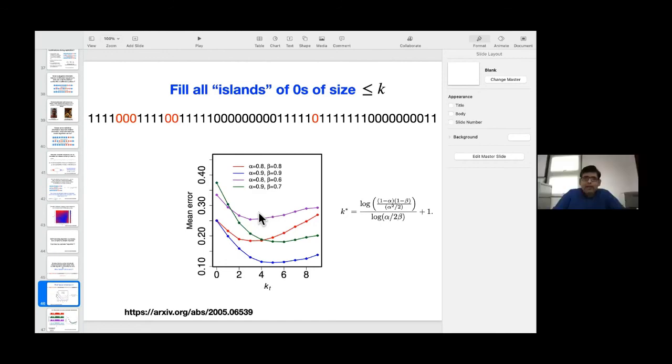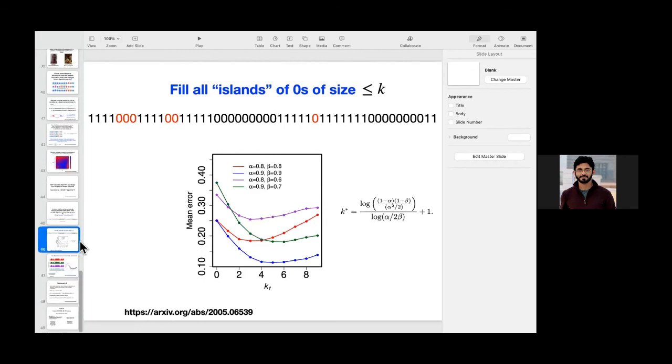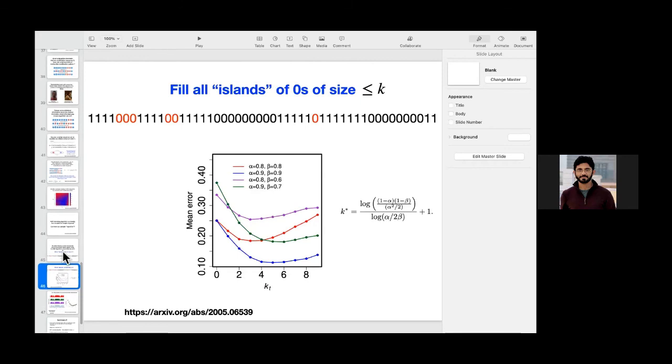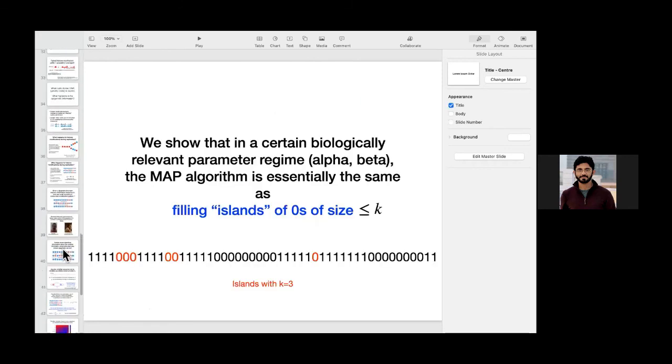Thanks a lot. I would argue that this KT is the range of long range interaction that you need. We have another work which we are doing, which would tell this a little bit more clearly. I have a very quick follow-up. Is it actually known that between the mother and daughter, the exact pattern is replicated, or is it that on average, the patterns are replicated in a population of cells?